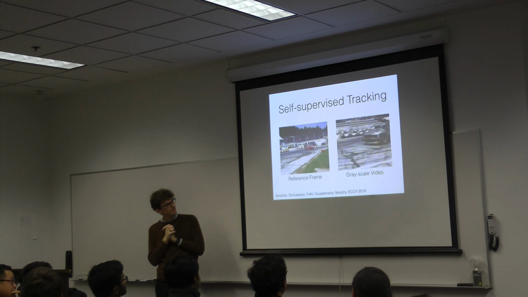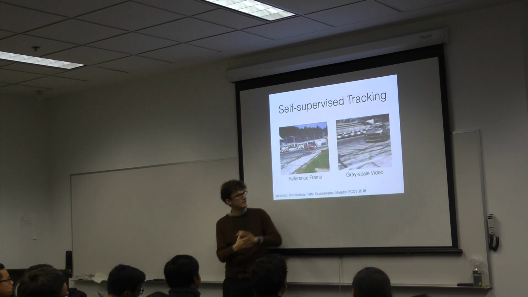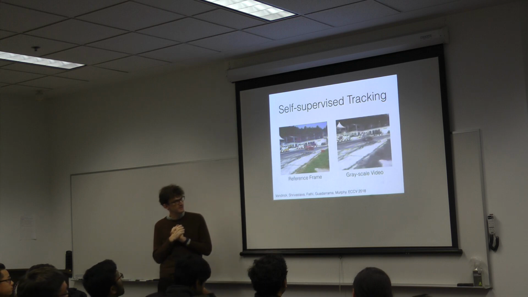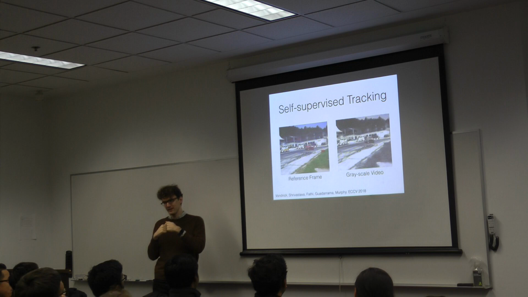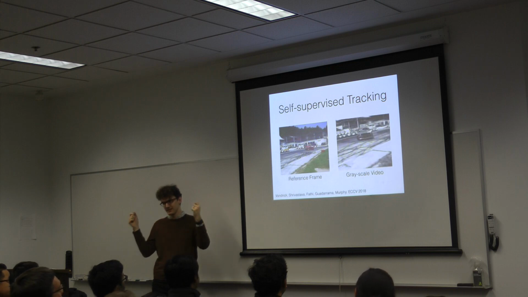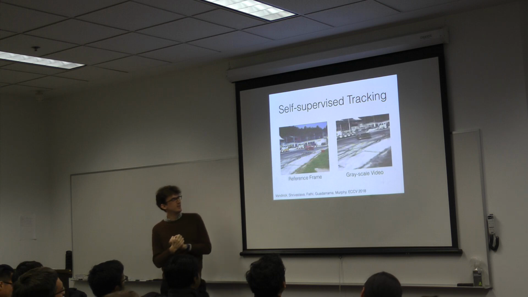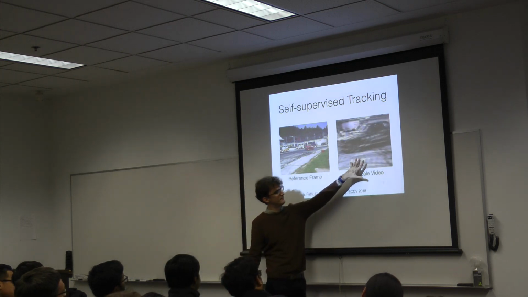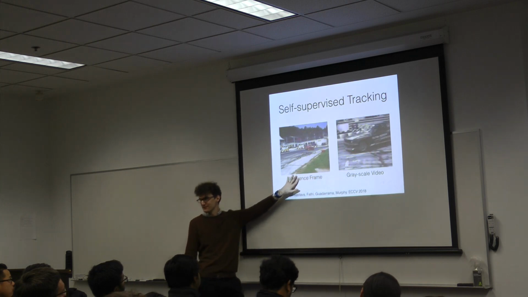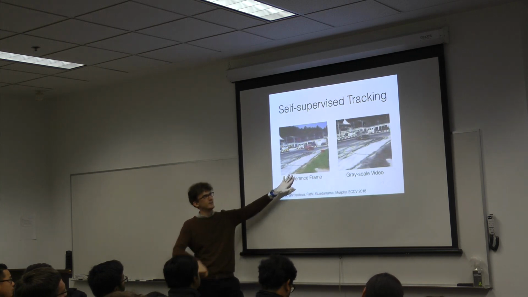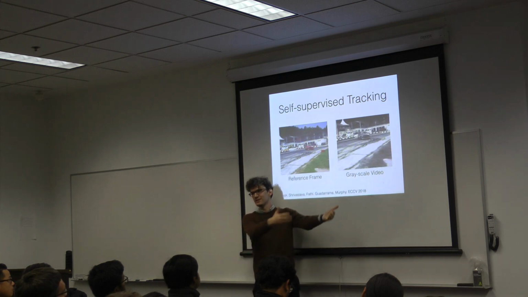In a paper that we wrote about a year ago, we were interested in using this clue of the coherence of color as a way to do self-supervised tracking. If you can train a model to colorize a video, where you remove the color but have one frame that does have color, by training it to fill in the colors, can we show that tracking is going to emerge